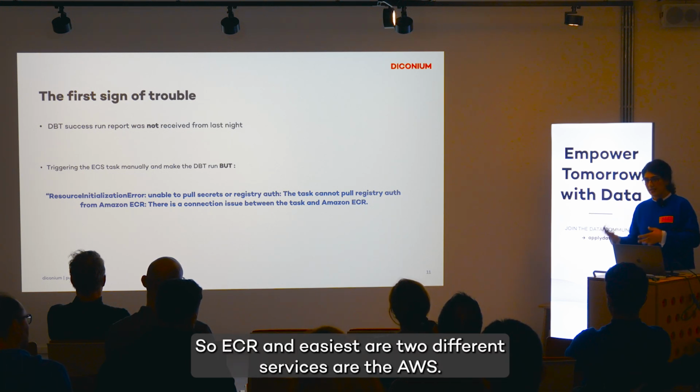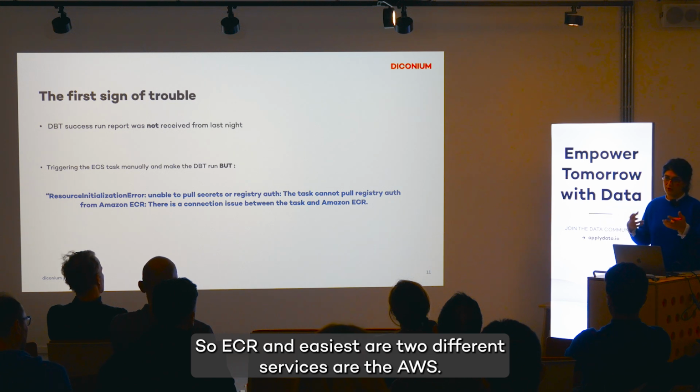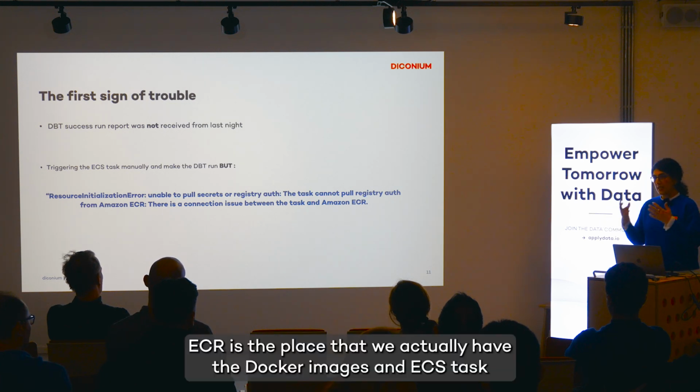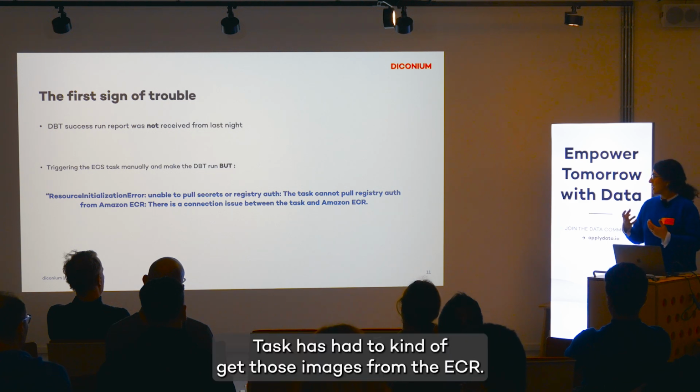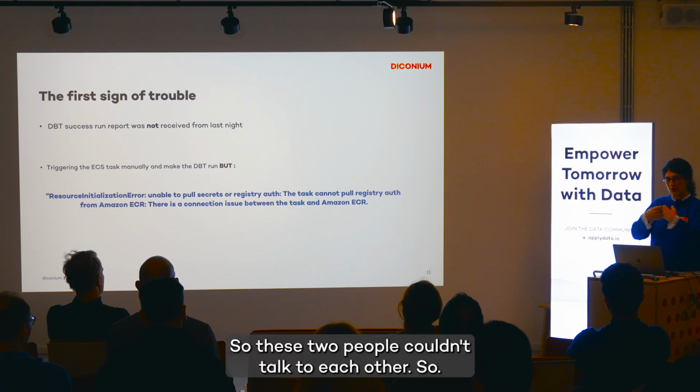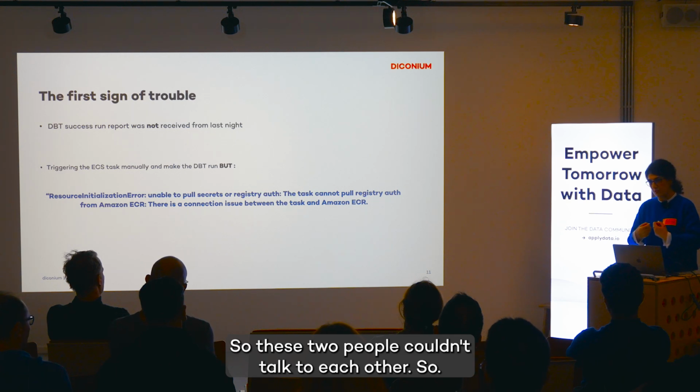ECR and ECS are 2 different services at AWS. ECR is the place where we have the Docker images, and the ECS task is the one that needs to run those tasks, so it has to get those images from ECR. So these 2 couldn't talk to each other. So